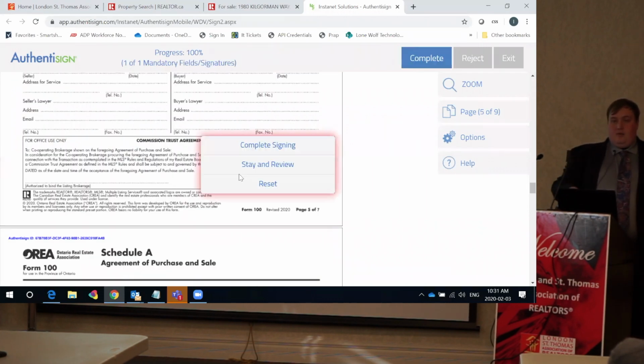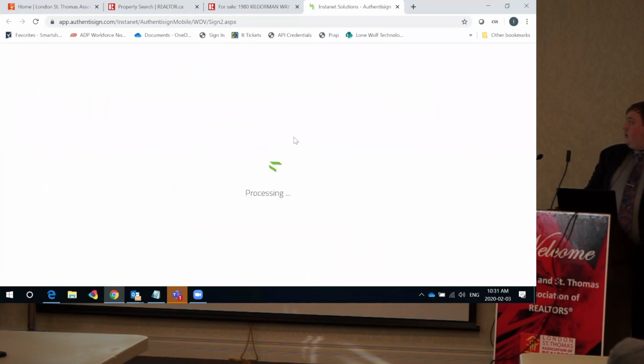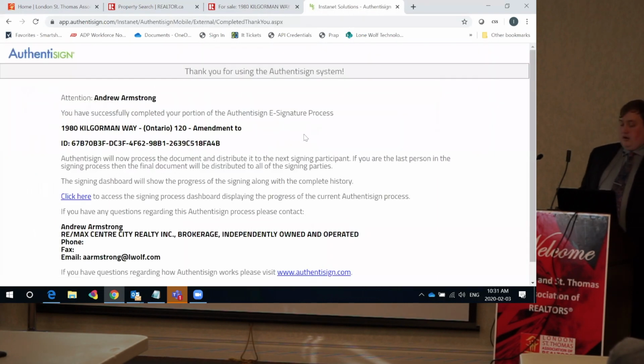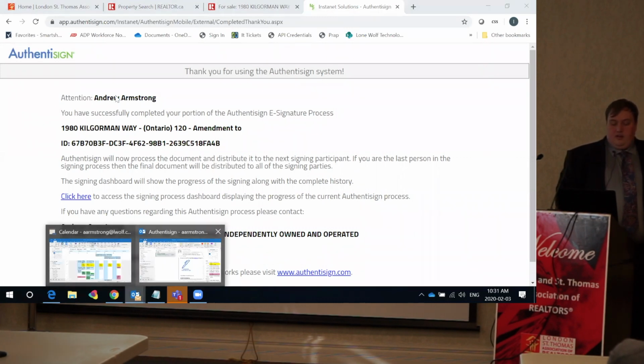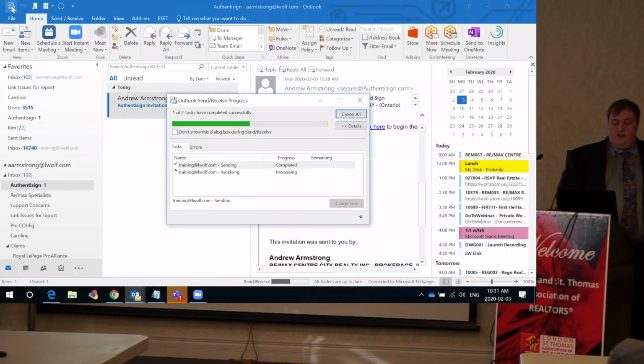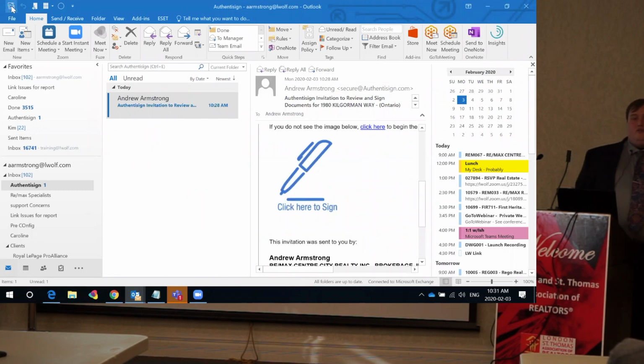Click, tap if you have a touch screen, space bar on your keyboard. Once we've signed everything, it will allow us to hit complete signing. Thank us for using the system. Now that everyone in group 1 has signed, in a second here we're going to get our invites for the second group. While we're waiting, if we open up our signing,